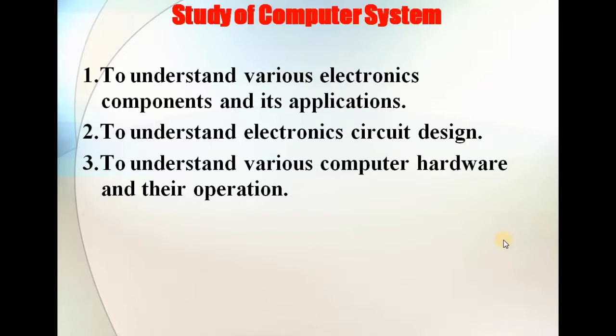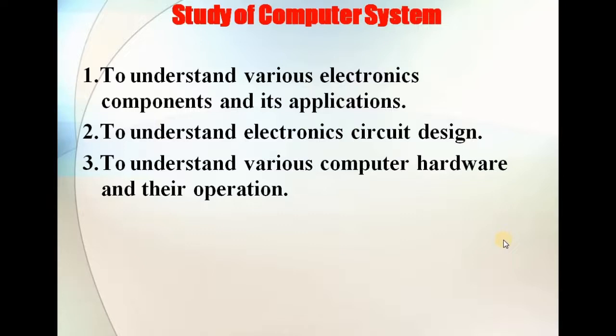In the previous classes we have discussed the different generations of computers and we have studied the characteristics of computer. So in this video let us understand why we call computer as a system. And we'll also study the different hardware components that are present in the computer system. When I say different components, we have seen like CD drive, hard disk, RAM, motherboard, processor. So all these are the different components.